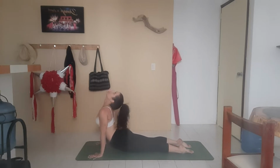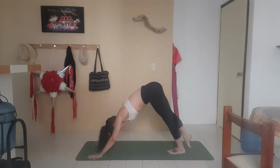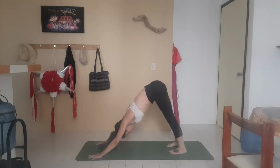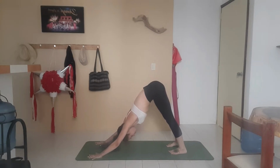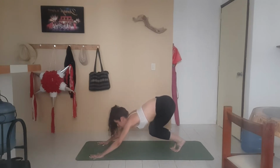Inhale, upward facing dog, draw your shoulders down your spine, gaze upward, draw in your tummy, and push up and back, downward facing dog. 5 breaths here, inhaling, exhaling. That's 2. That's 3. 4. And 5. Gaze up towards the front of your mat and either step or jump to the front of your